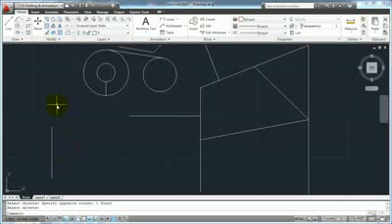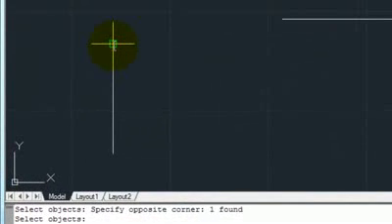Well, one way I can do that is with Object Snap Tracking. I'm going to start my line command. It's asking me for my first point. Remember I've turned on my Object Snap Tracking, and I have endpoint and center point selected. Before I pick my starting point of my line, I'm just going to come over here. I'm not picking anything. All I'm doing is moving my cursor to the endpoint of this line. And if I slowly drag off,